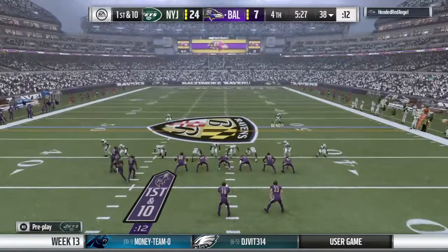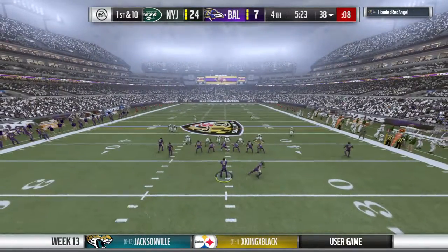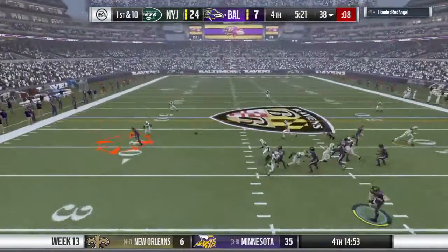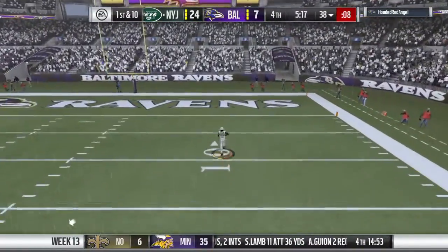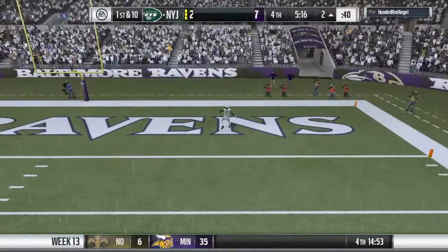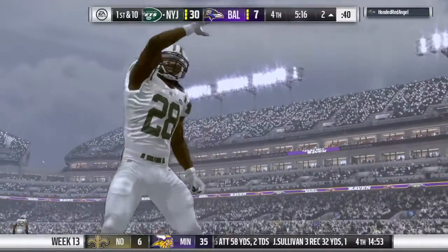They'll send a receiver here in motion right. They'll look to throw here on 1st down. And he fires one that's intercepted. And now off to the races down the right side. And he brings this one back. It's a pick 6 and a Jet